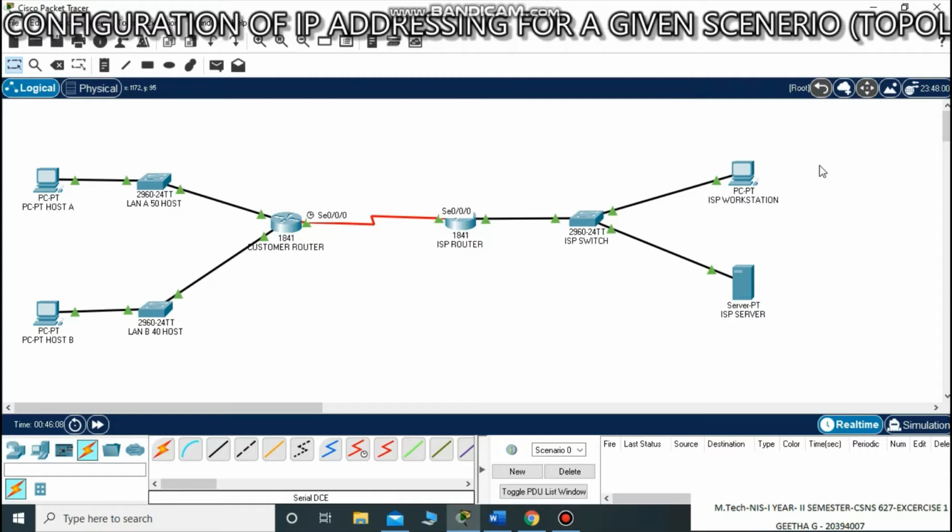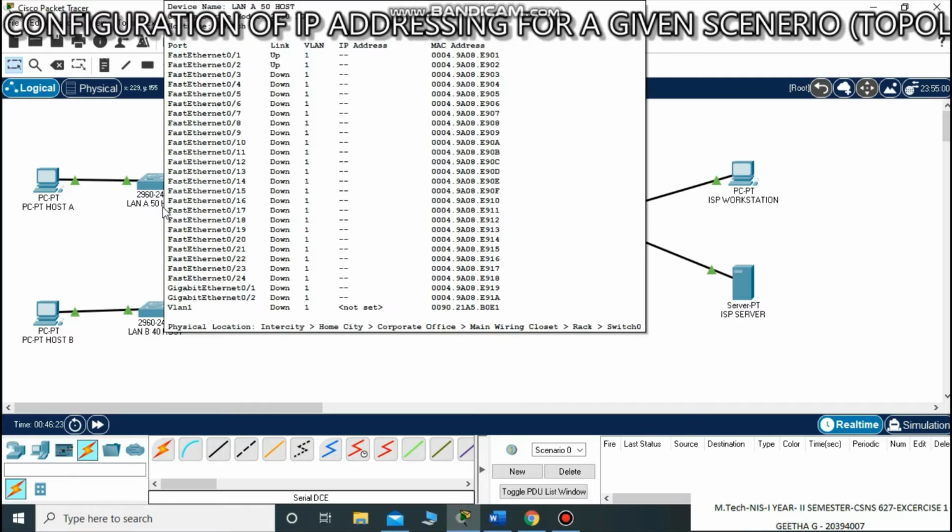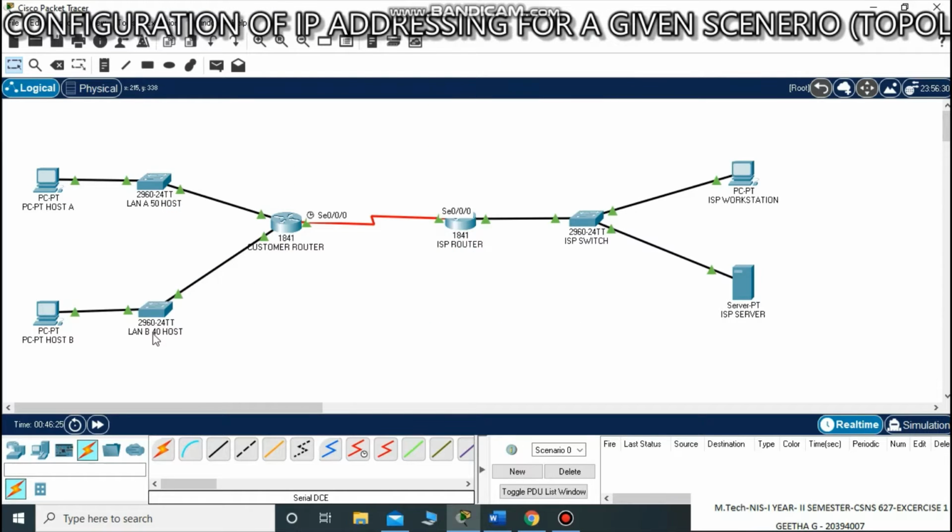Today we are going to see the second experiment, configuration of IP addressing over a given scenario for a topology. Two PCs we have taken. Host A is connected to LAN setup A and host B is connected to LAN setup B. LAN A has around 50 hosts, that is 50 different devices, and LAN B has 40 different devices, which in turn are connected to the customer router, which with the serial DCE is connected to the internet